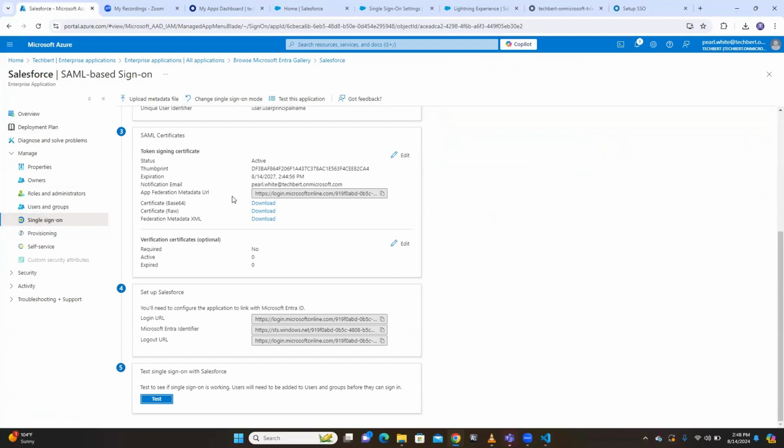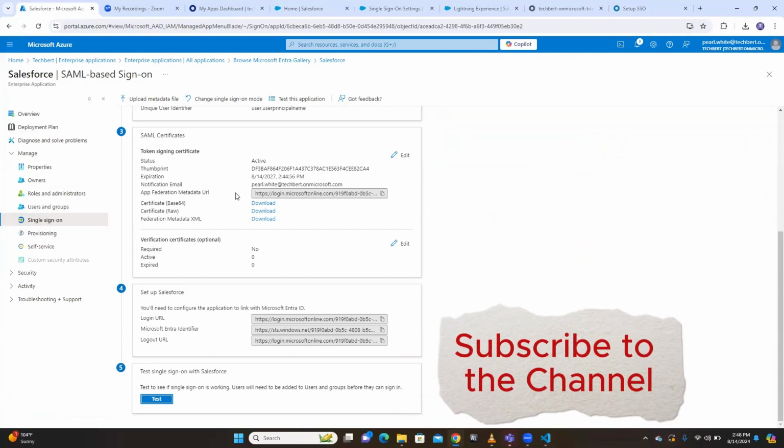Now, if you want to enable provisioning, so right now, okay. Before that, let me